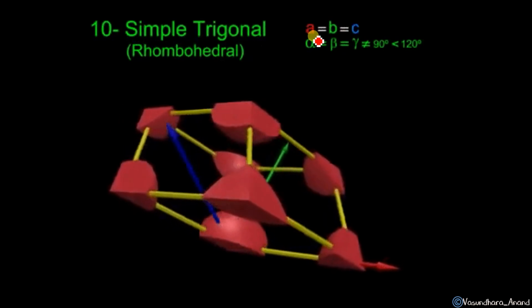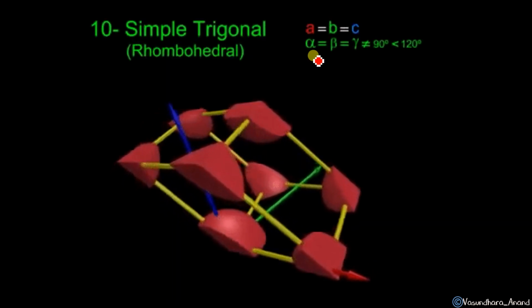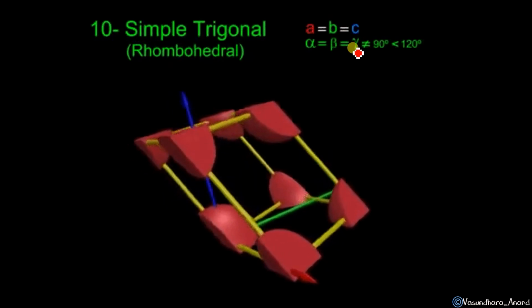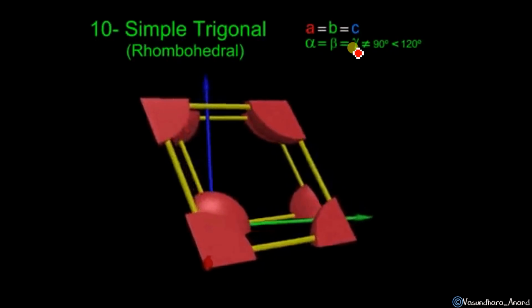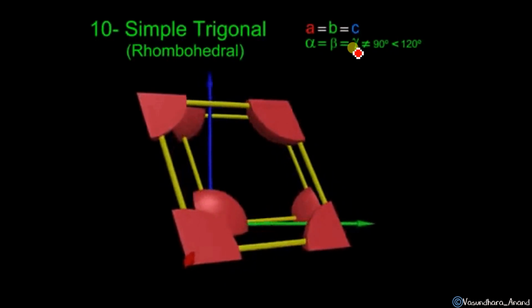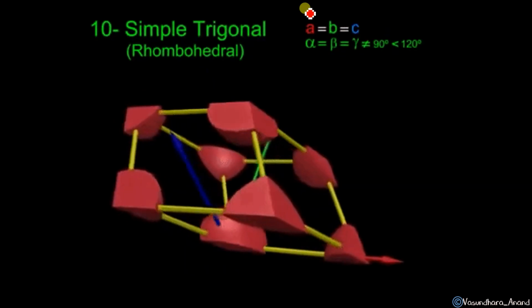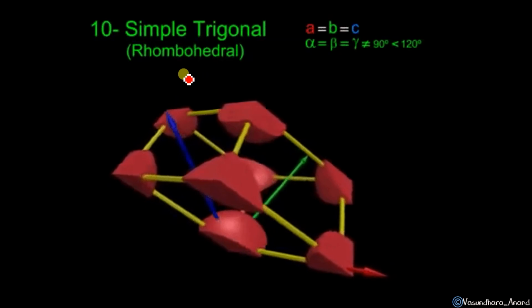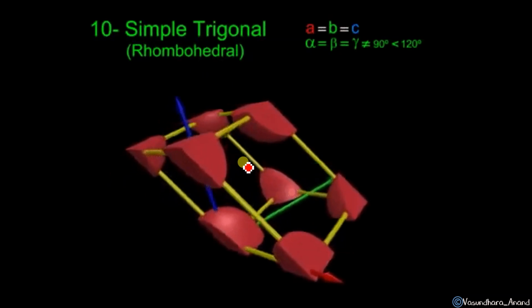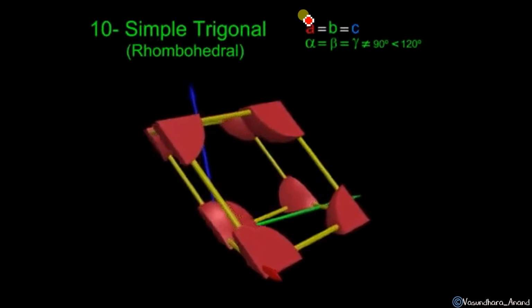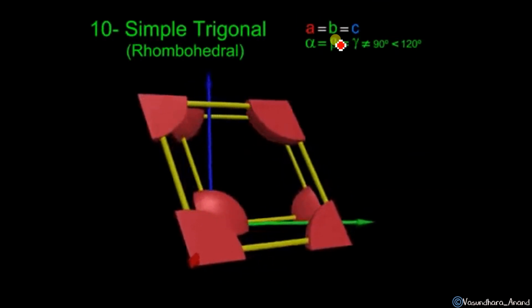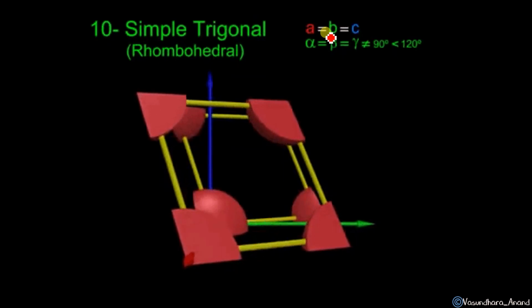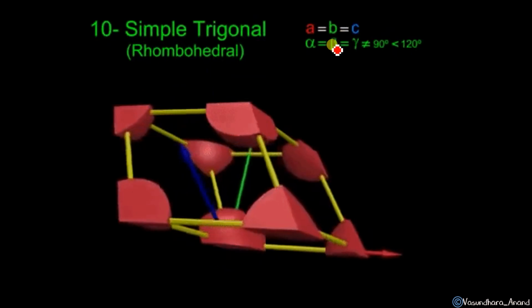Simple trigonal here, that A, B, C will be equal, but alpha, beta और gamma जो होंगे वो exactly 90 degree नहीं होंगे. Angle will not be 90 degrees, but yes, it will be a little less than 120. 120 से ऊपर भी नहीं होंगे और 90 भी नहीं होंगे. ठीक है? This is also called rhombohedral. अब now again फिर हम इसी में करेंगे. We will do one in the center. Yes. This is not going to change. This parameter is not going to change. This is called a parameter. And how many parameters will be there? 6 parameters. 3 lengths and 3 angles.